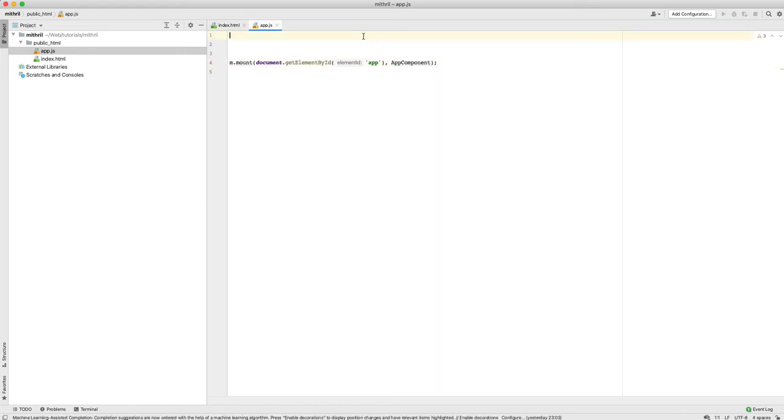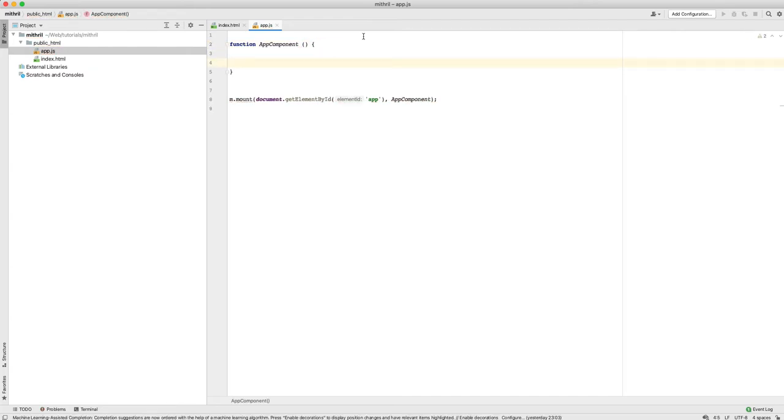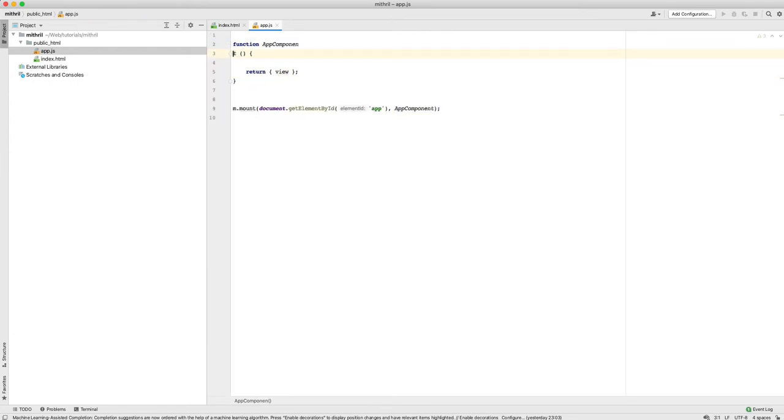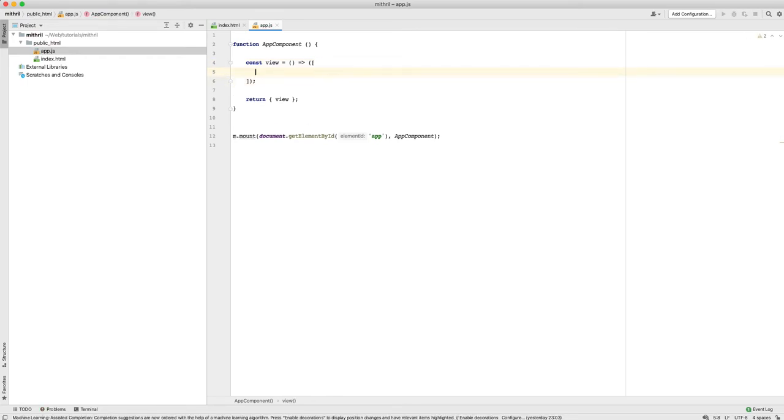Now I am going to be using the functional way of developing components. So I'll basically create my function here called app component, and then I will return an object literal that contains a property called view, and that view property itself is actually a const. So const view is an arrow function, and that arrow function simply returns this, right? In fact, I'll get it to return an array,